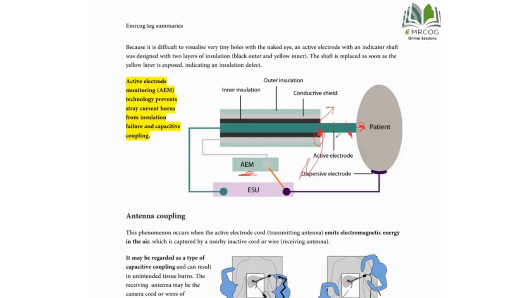Once the shaft here, for example, you are having red covering for this active electrode, or black one. So once the inner one appears, you are going